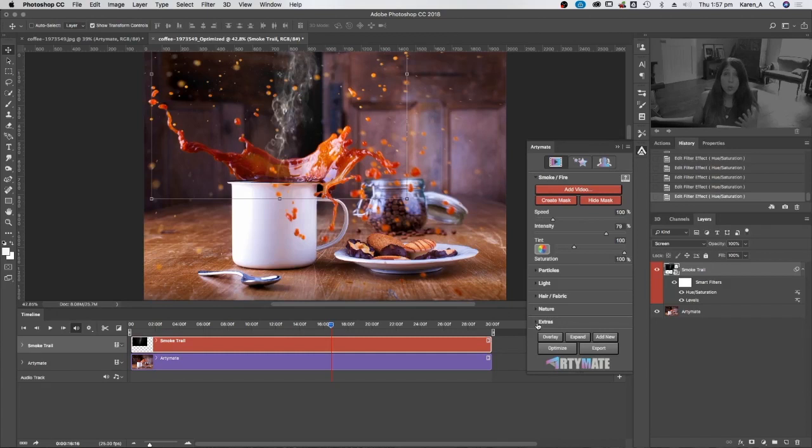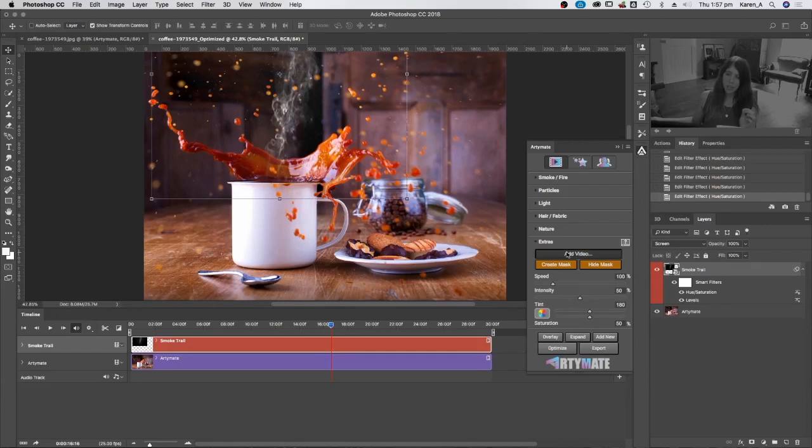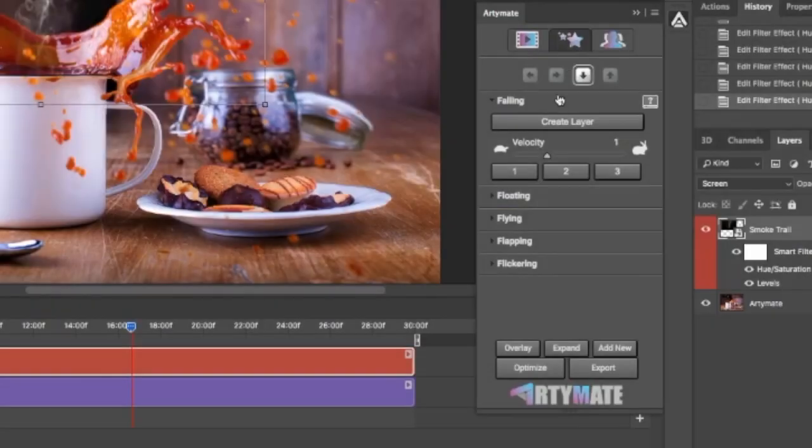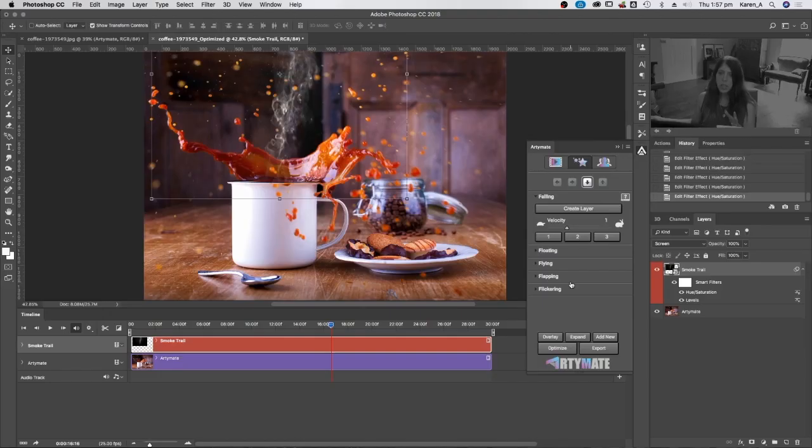If you're looking for the Christmas pack, by the way, or any of our specialized packs, you'll find them in the extras section. If we go over to this middle star panel, this is where you find falling, floating, flying,